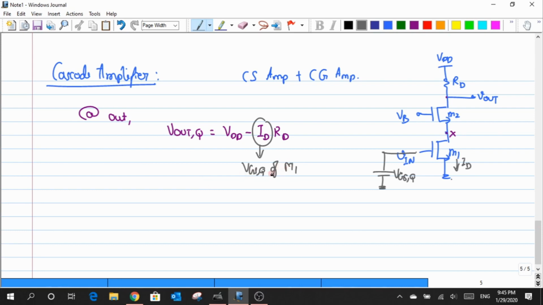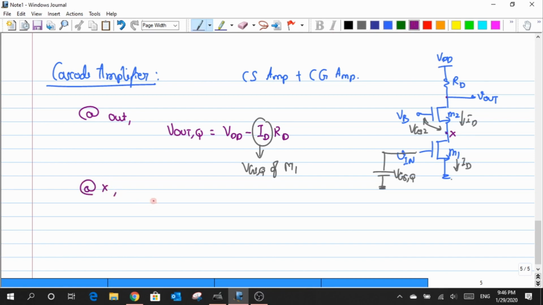Now, this current that flows through M1 also has to flow across my M2 transistor as well. If you want that particular current to flow, then M2 also has to have a particular value of VGS in order to make this current ID flow. If you do not have enough VGS across this, then obviously the current cannot be equal to the current that has been defined by M1. Okay, now let us try to define the Q point